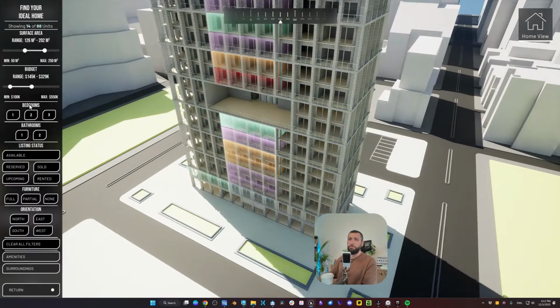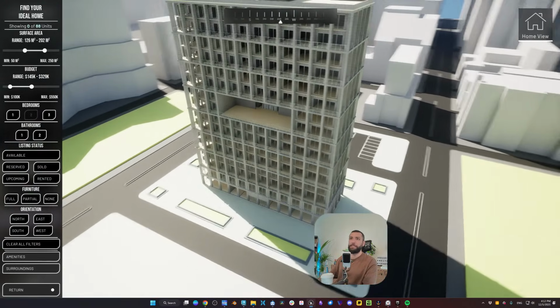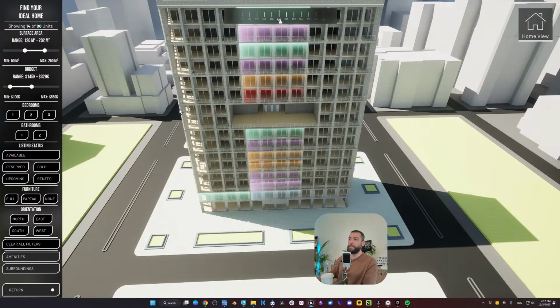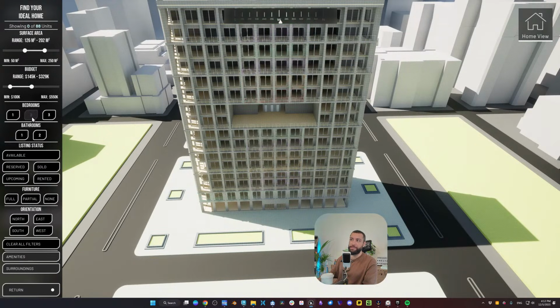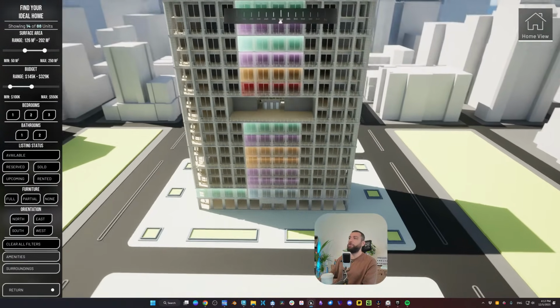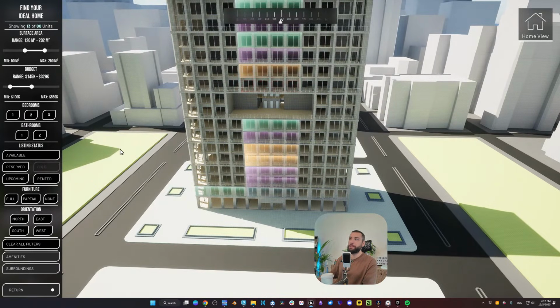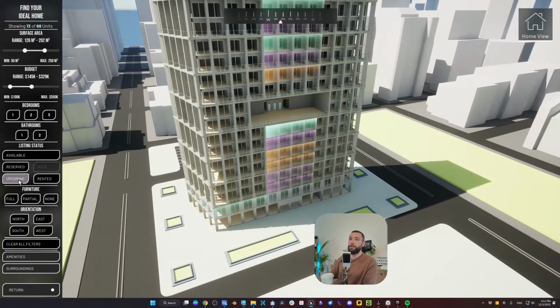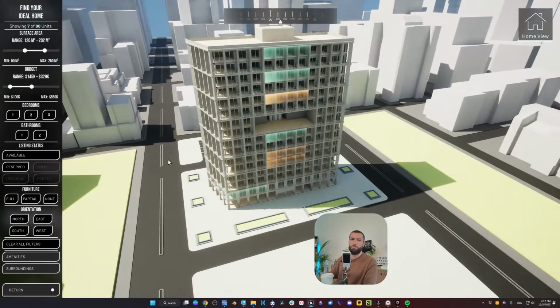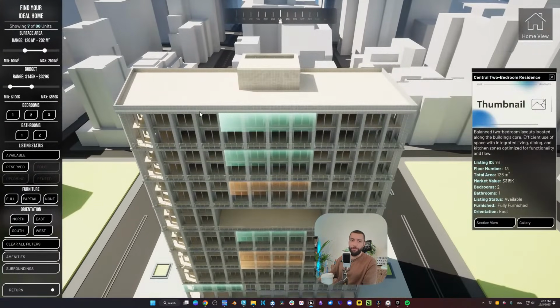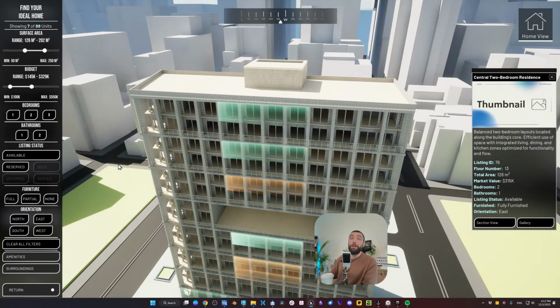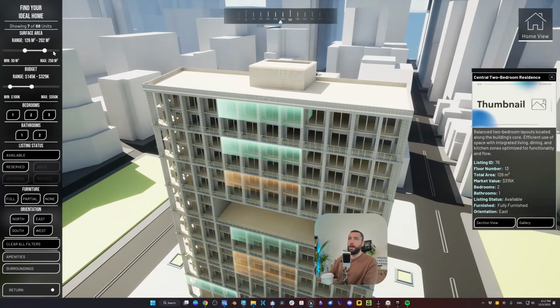And the filters here are pretty self-explanatory. So all these units have two bedrooms. If I disable that, we will not see any. If I don't want to see sold apartments, you can disable that. Upcoming, rented, and so on. So what you would expect from a filtering system, we've learned how to make it, and it's also pretty easy to customize. And within this filter system, you can switch to amenities and surroundings.